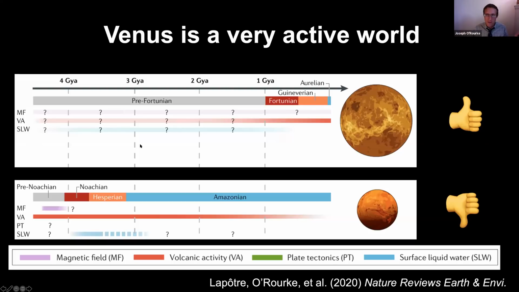So just to compare to another planet, which I like a lot, but my purpose in this talk is to shill mindlessly for Venus. Mars is sort of geologically dead now. If it had surface liquid water, it only had it for about 1 billion years. And we know that it didn't have a magnetic field for very long. So if you're interested just in general active terrestrial planets in our solar system, you can't go wrong with Venus as a laboratory for understanding planetary processes.